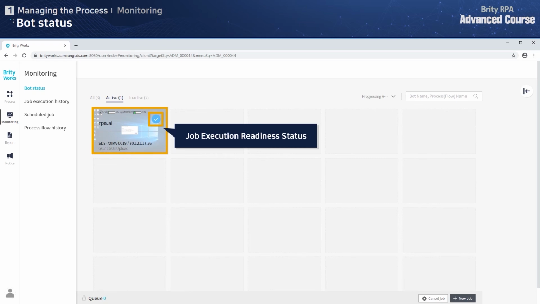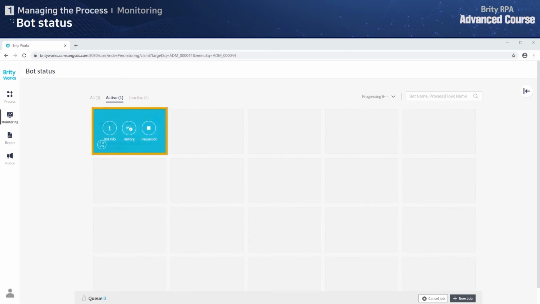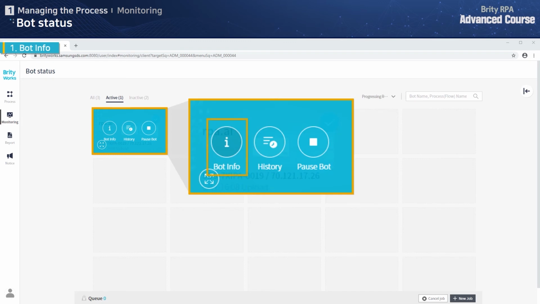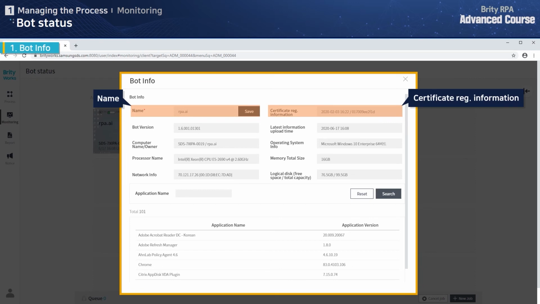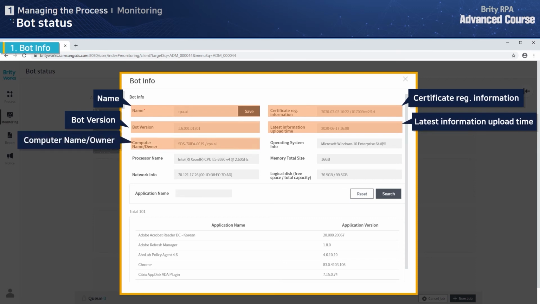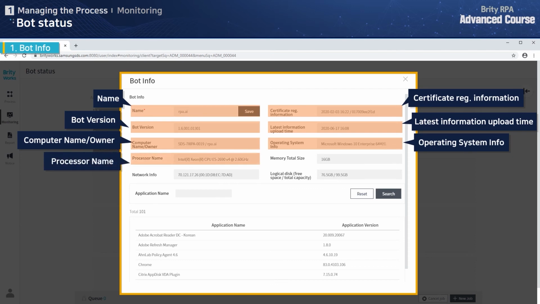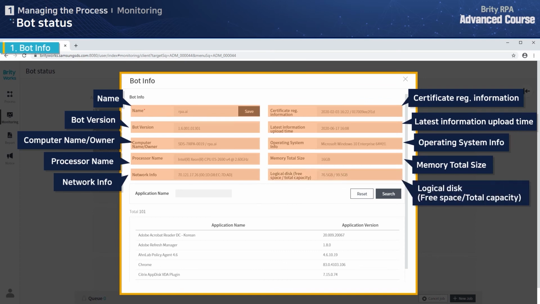If you hover your mouse over the bot screen, the screen will change like the following. Click Bot Info on the changed screen. The pop-up screen where you can check the bot information will appear as follows. Let's take a look at the bot information on the screen one by one. You can check the bot name, certificate registration information, bot version, latest upload time, computer name and owner, operating system info, processor name, memory total size, network info, and the logical disk capacity,